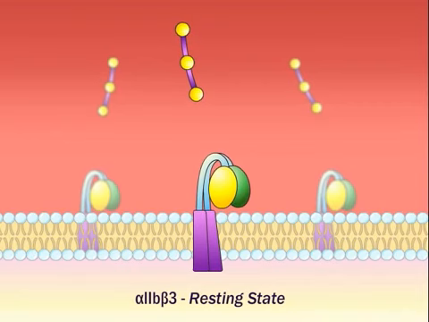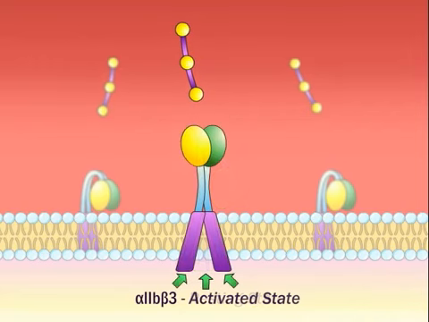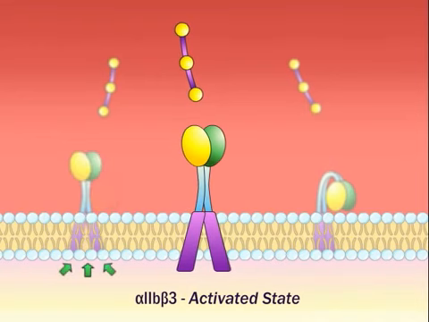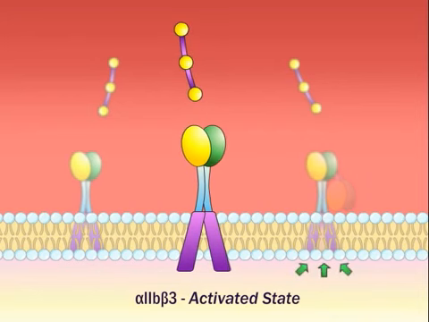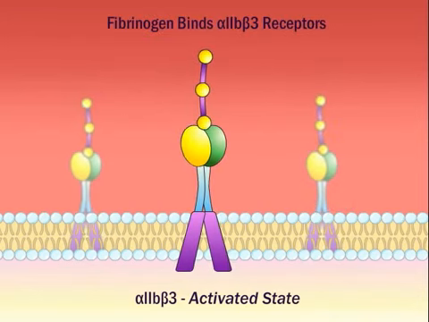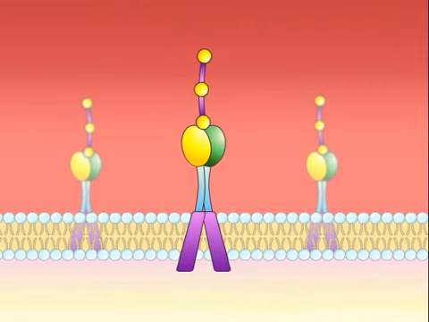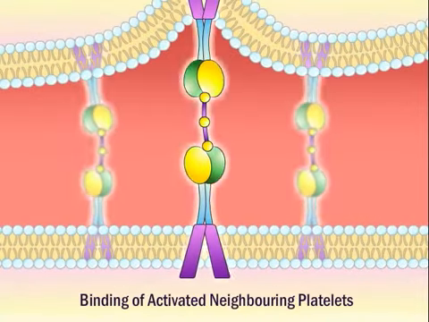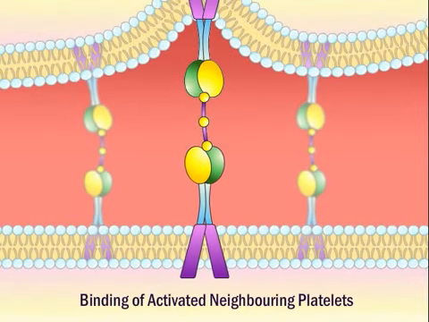Fibrinogen is shown here. The transmission of an intracellular signal leads to disruption of the complex between the cytoplasmic tails of alpha-2b beta-3, followed by a conformational change in its extracellular globular head domains from a bent to an extended state, promoting the binding to fibrinogen and von Willebrand factor. Divalent fibrinogen and multivalent von Willebrand factor function as bridges between alpha-2b beta-3 receptors on adjacent activated platelets, thus allowing